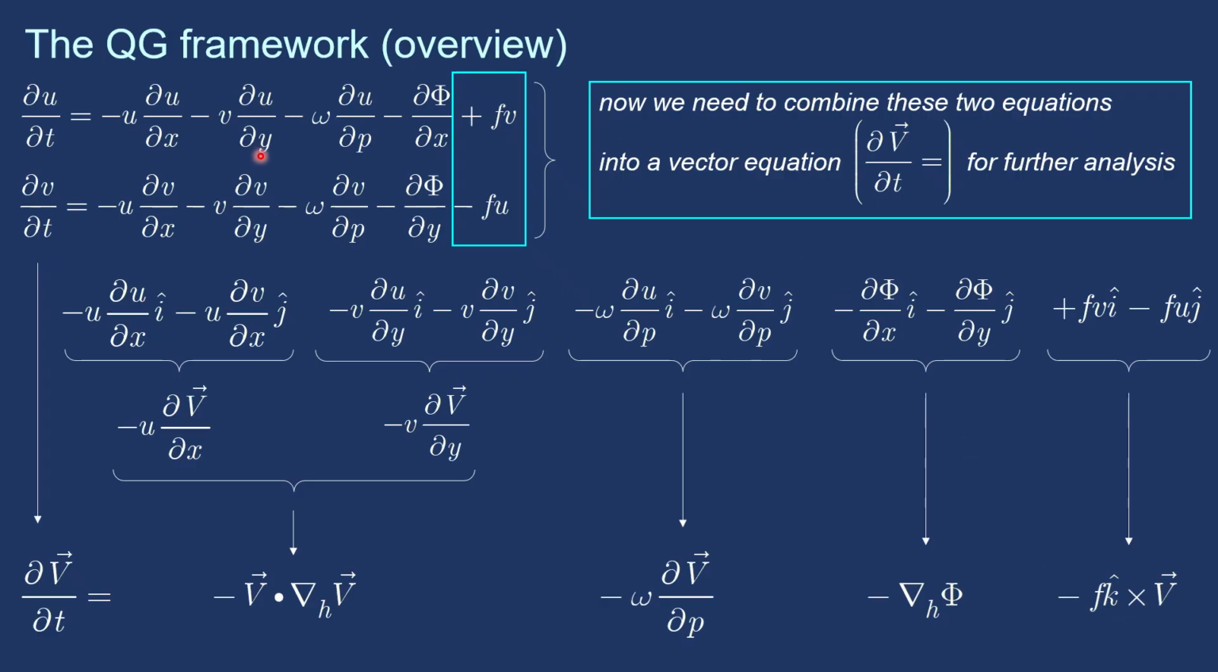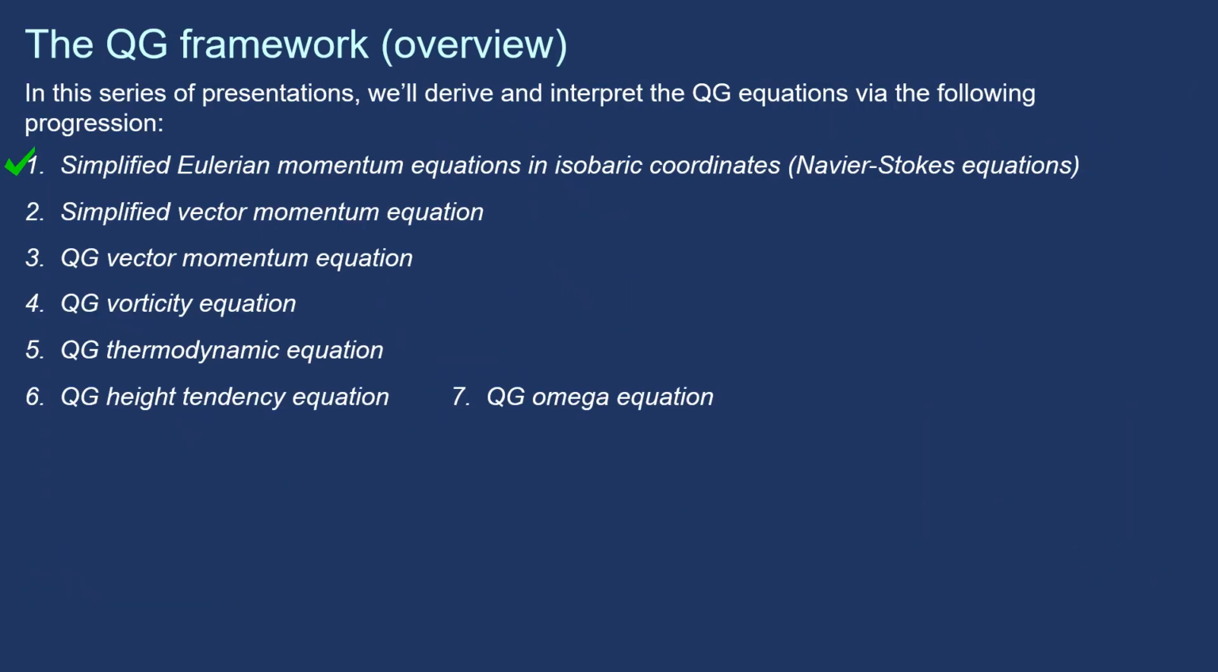So we've taken these two component equations, we've combined the terms where we were able to, and we've now written a vector equation where on the left-hand side we have partial v vector, partial t, and we have four vector terms on the right-hand side that we can work with for further analysis. So we've accomplished now step two, which is to write down the simplified vector momentum equation from the component momentum